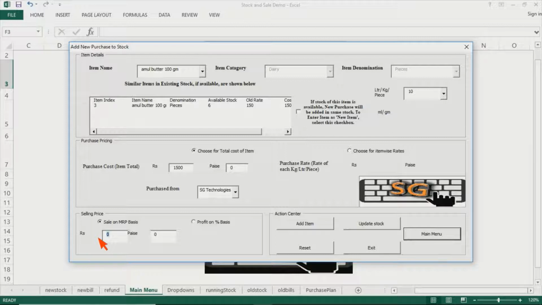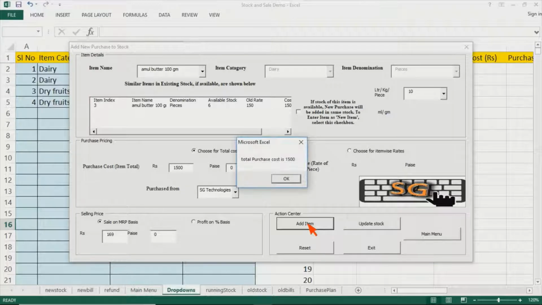The MRP printed on the item might be say 170 rupees, and you may like to sell it at 170 or even less than that. So suppose we fill 169 rupees in this, and we have to press add item in this action center.